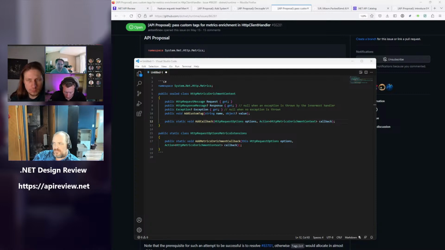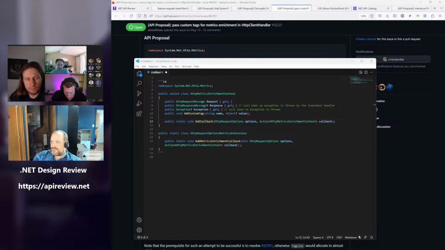We do have at least the example of R9, which came before us and implemented their own handler that does metrics enrichment, and they needed to pass things in options that their handler would consume. The way they put it in the options is they defined an extension method. Well, I think they actually define their extension method on HTTP request directly rather than on options. So I only picked options to try and not make this so advertised.